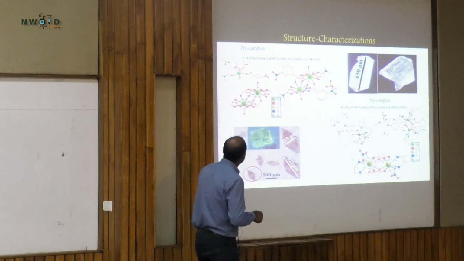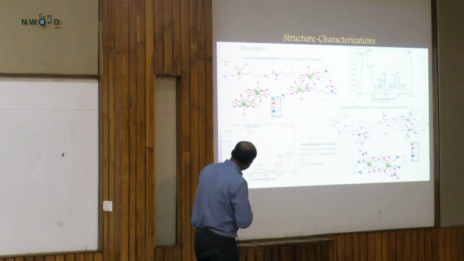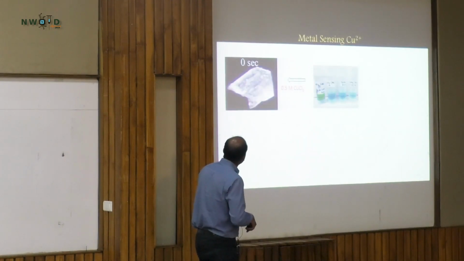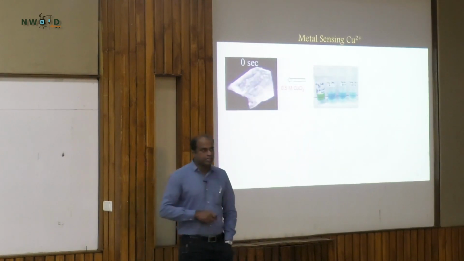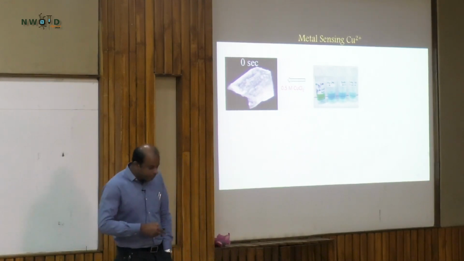This is an organic molecule, and then the dysprosium metal is here, and this is neodymium, and we have done extensive crystallography and found the crystal structure of this molecule. Both molecules, these are the complexes. And we have characterized them by using various IR and Raman and so on. What we have done, we tried to use it as a sensor, and first we dipped the crystal,